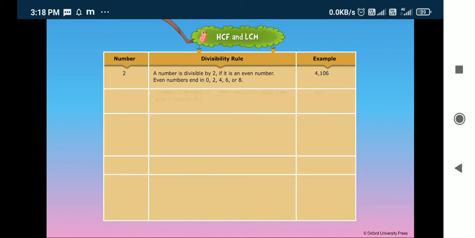4106. Divisibility by 3. A number is divisible by 3 if the sum of the digits adds up to a multiple of 3. Example,